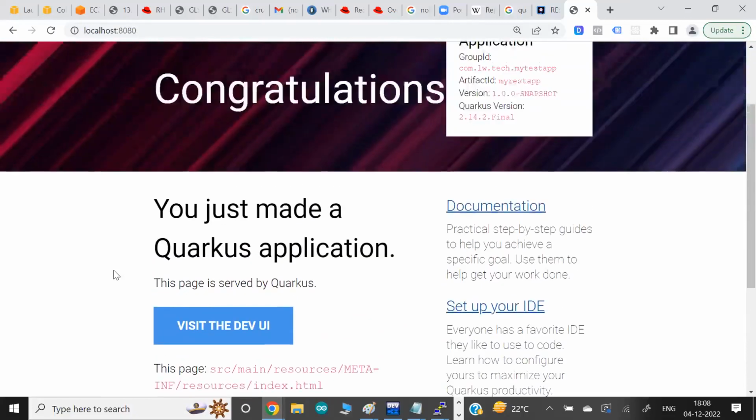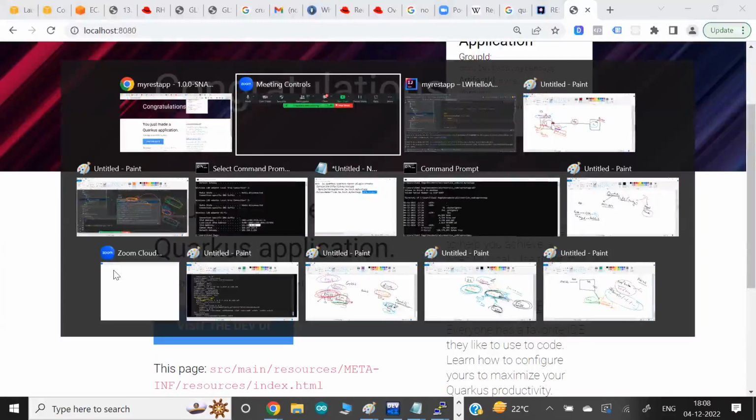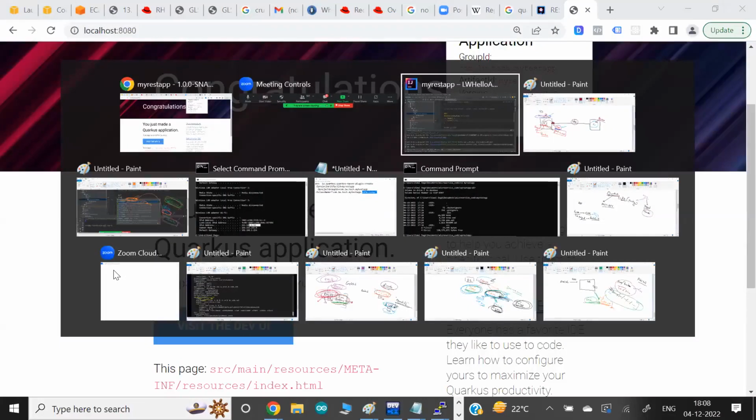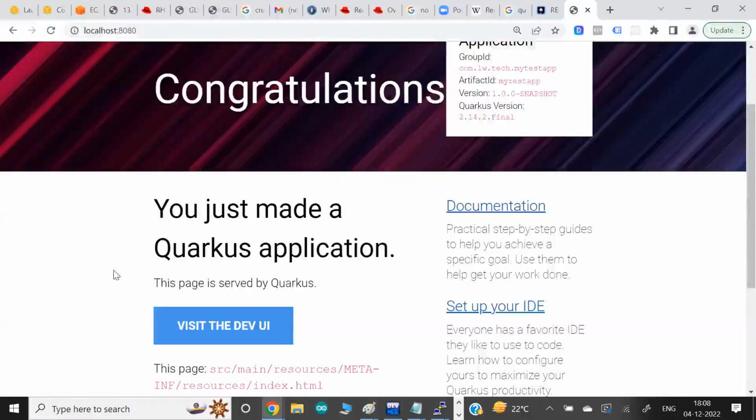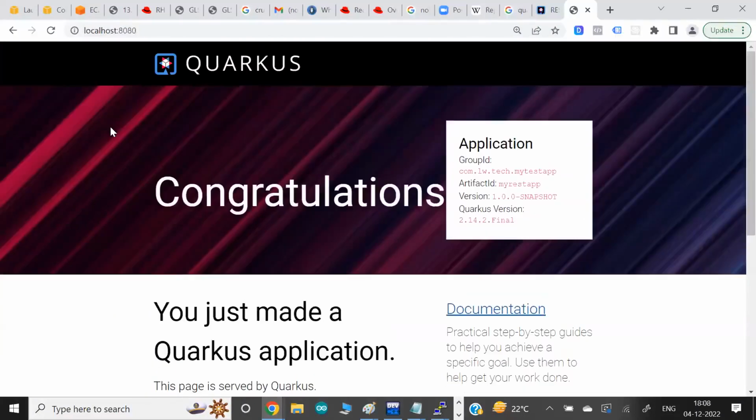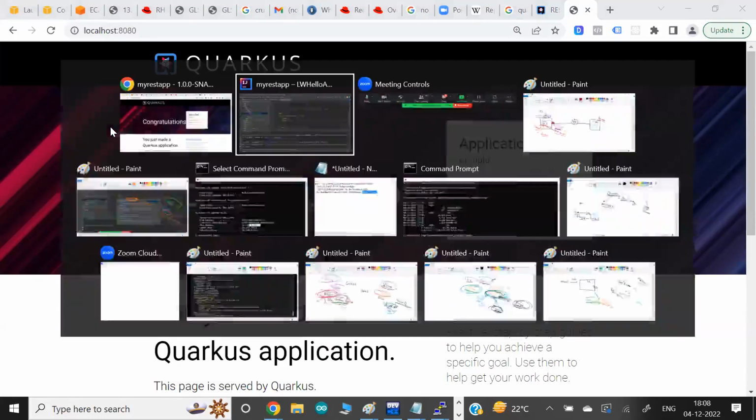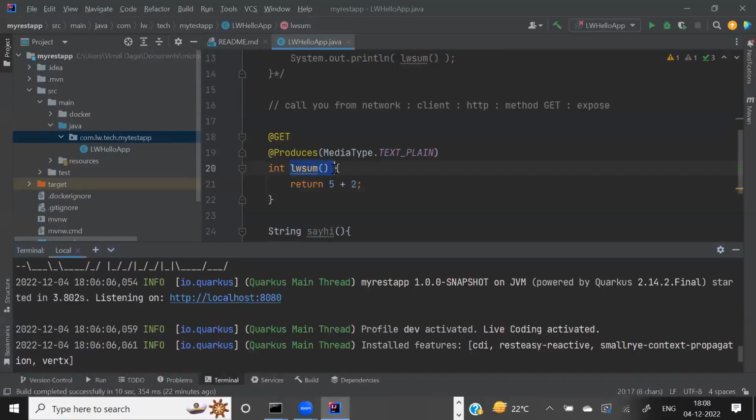My plan is not to see this welcome page from Quarkus. Maybe it is good to see right now, to confirm that everything is working great, but my plan is something else. My plan is to call only this function.